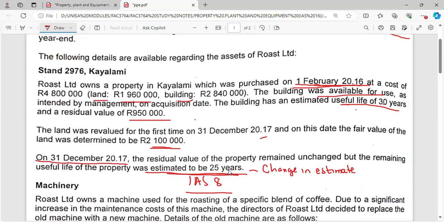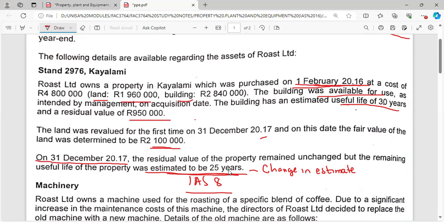But the current year is not there, which means you should add the current year. If they tell you about the change in estimate at the beginning of the financial year, then you should not add that year. So you should always look on here. If there was a change in estimate at the end of the financial year, which means we should include the current year's